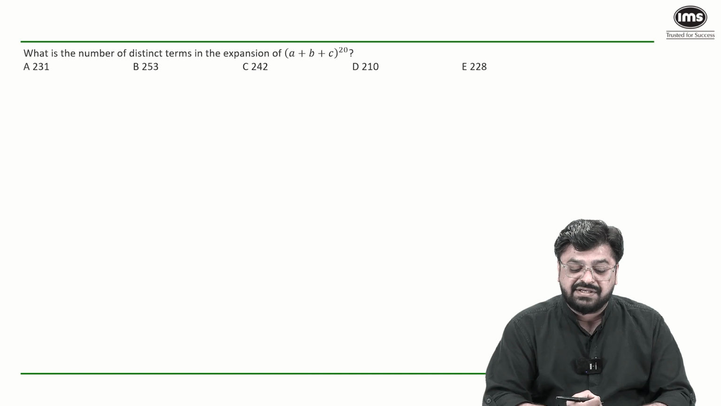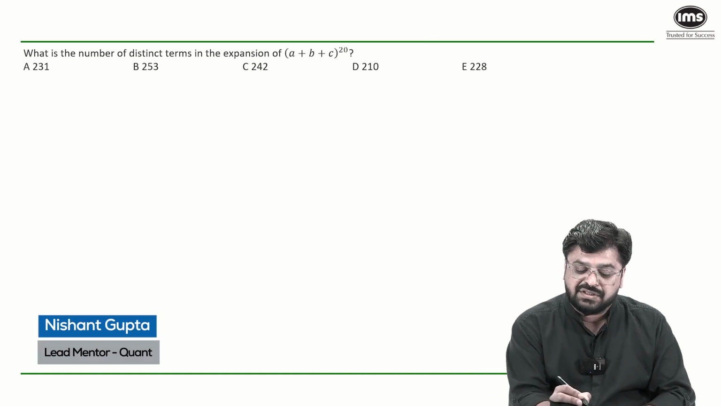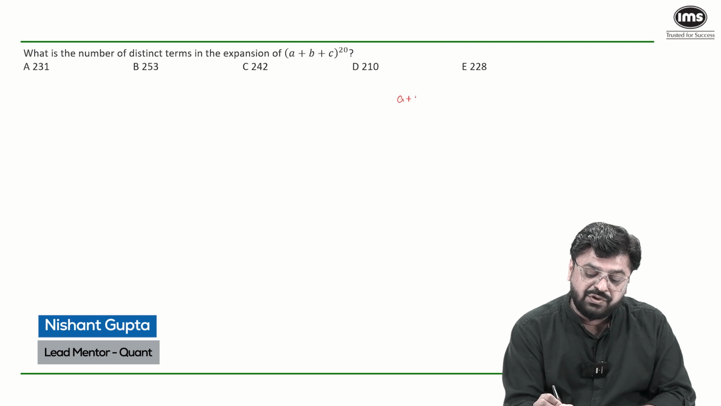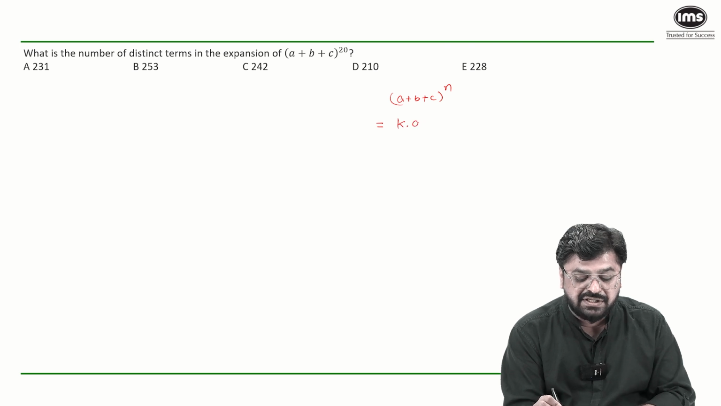What is the number of distinct terms in the expansion of (a + b + c)^20? This is a binomial expansion. Whenever you expand (a + b + c)^n, the general term of this is some constant times a^x times b^y times c^z,